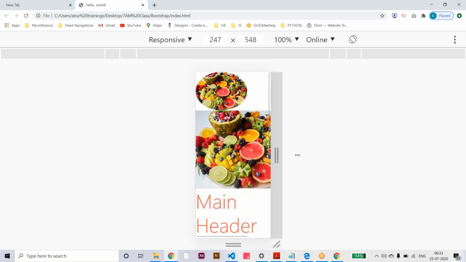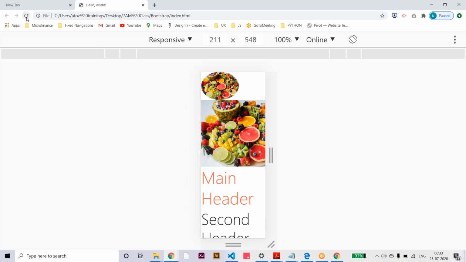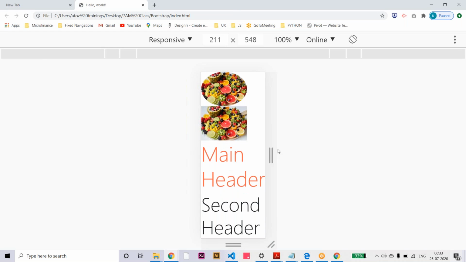So like this you can apply the img-fluid class, and the image will be scaled depending on your screen size. Automatically the image width and height will be scaled when you apply the img-fluid class. Let me apply it to the second image also, img-fluid. Now the image will be scaled like this.